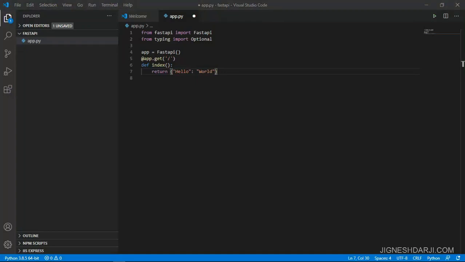In this particular API, we are using two things, the name is hello and the value for that name is world. So in this tutorial we are using a JSON-based response.